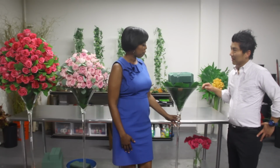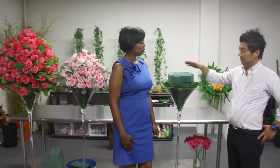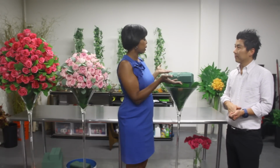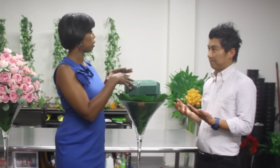So let's talk about what we have here. Right. So first, line the vase with the greenery, then put the oasis form. Yeah, it all begins with that oasis. And then how would you even begin with the roses themselves? Well, first thing you would do is decide the height of the arrangement and the depth. And so you would just continue to build and build and build in order to create really what we have